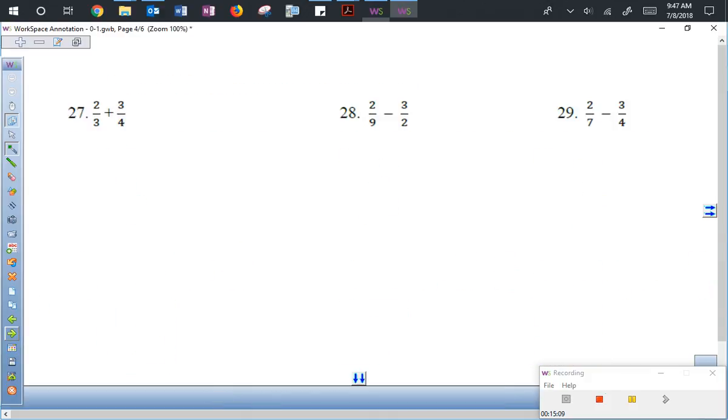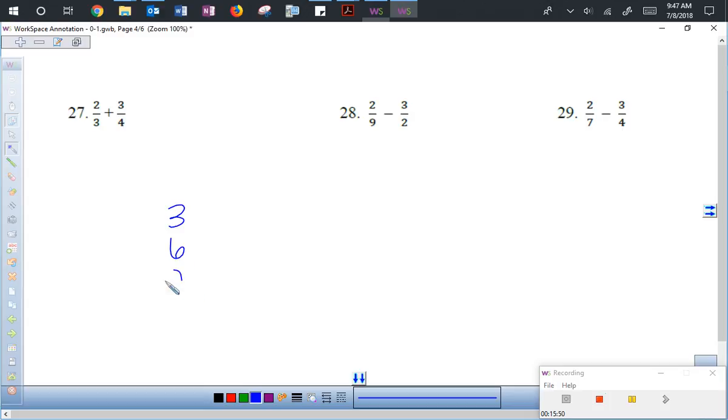All right, on number 27, I have 2/3 plus 3/4. So I have denominators of 3 and 4. Now let's see, can 3 go into 4 evenly? It cannot, which means that we can't just multiply one fraction by a number and call it good. This is when we need to look for what's called the least common multiple between the two. So if I look at my two denominators of 3 and 4, I would want to think of their multiples. If I want the multiples of 3, I know that 3 times 1 is 3, 3 times 2 is 6, 3 times 3 is 9, 3 times 4 is 12, 3 times 5 is